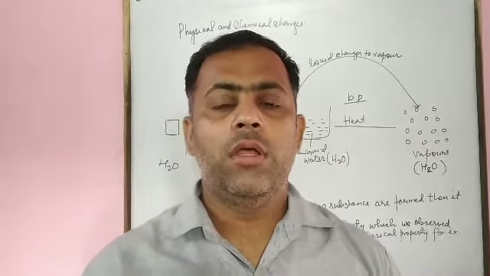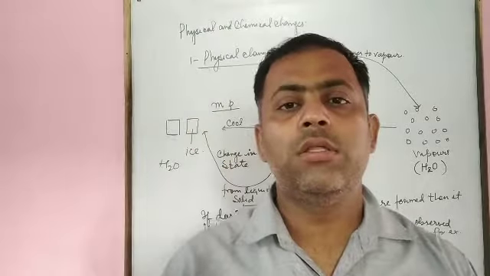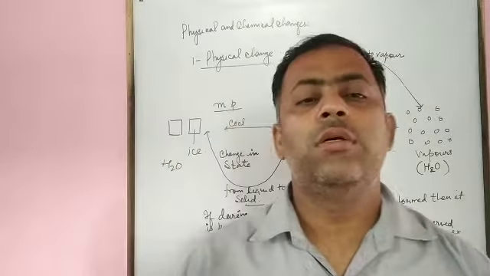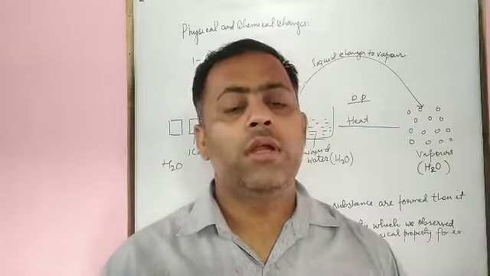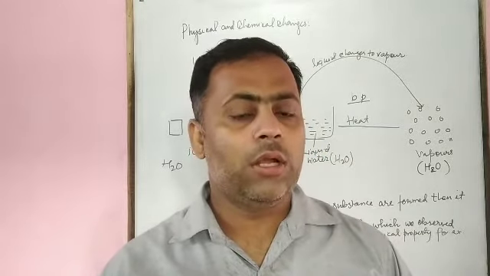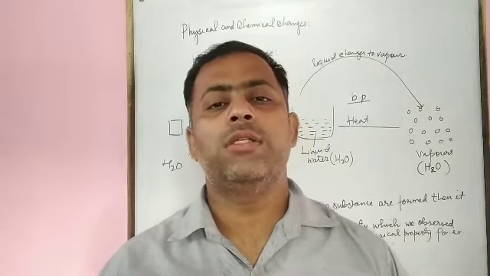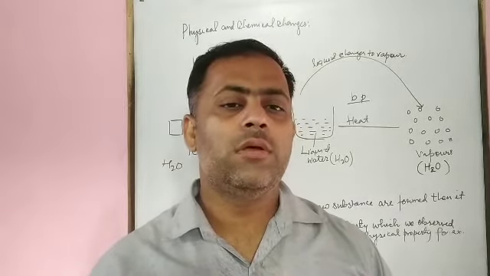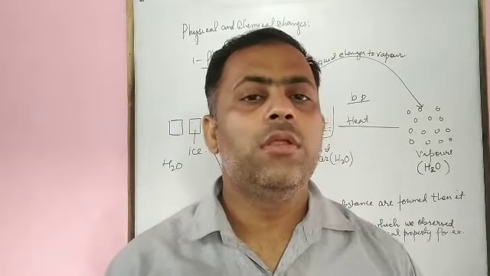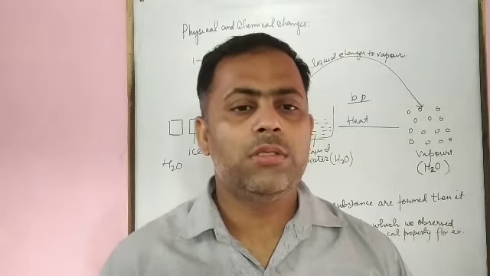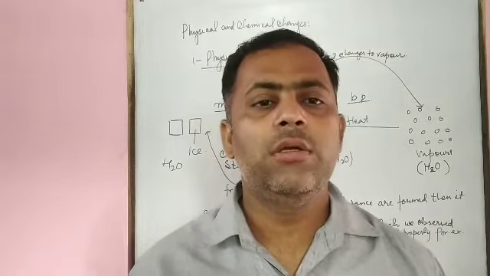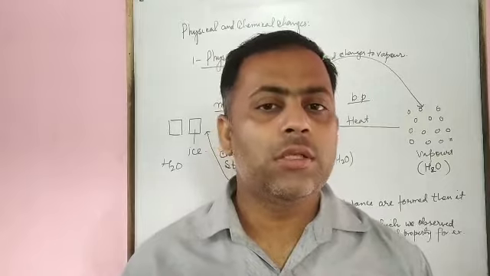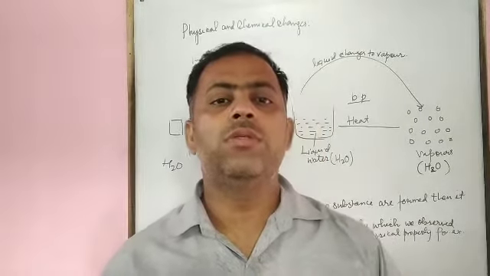Let us clear the physical change by taking various examples. If we cut a wood, then before cutting it was wood, and after cutting it, the size changes, but it remains wood. It means during this change, no new substances are formed. Then it is termed as physical change. If we have a glass, when we break it into various pieces, then we see the change has occurred. It means the shape and size of the glass has changed. But before breaking, it was glass. After breaking, it is glass. It means no new substance is formed.